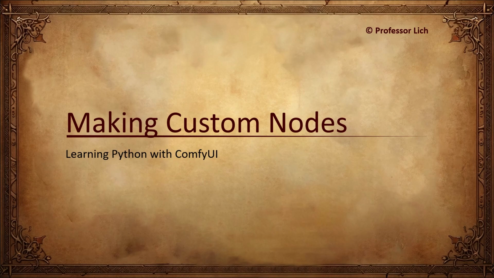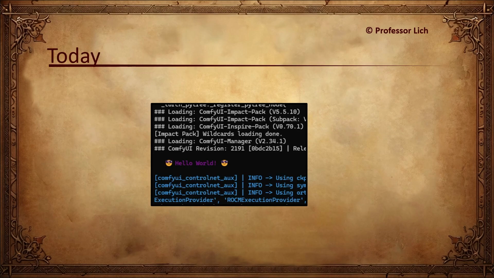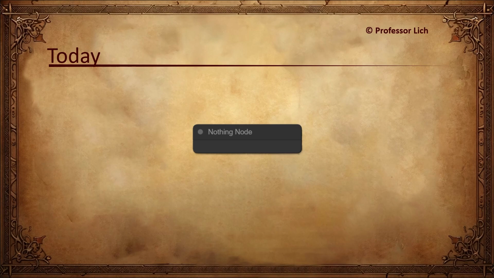You will make an initialization file whose sole presence, even if empty, tells the rest of the code that you are a Python package. You can add something like hello world into it and it will show up when you turn on Comfy UI. We will continue on from there, and by the end of the lecture you will create your very own node. You will learn how to add basic input to it, how to set up the output, and how to program the node's internal logic.